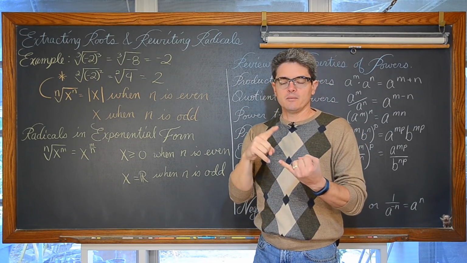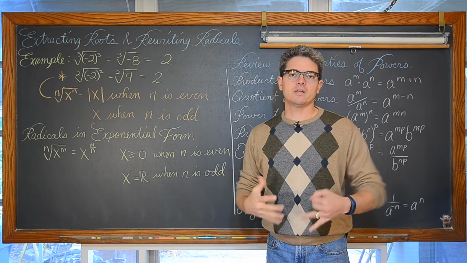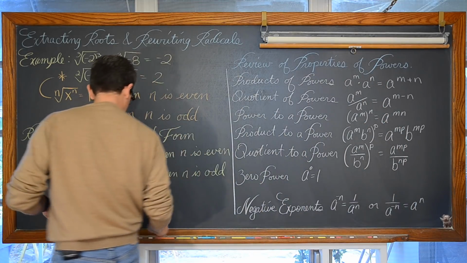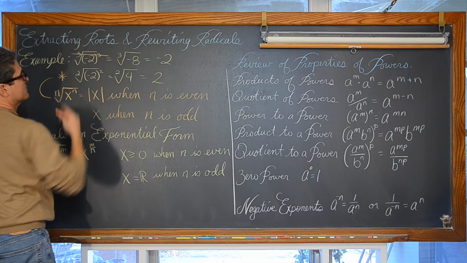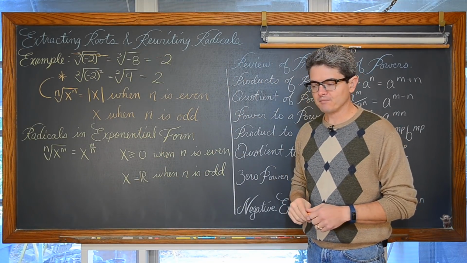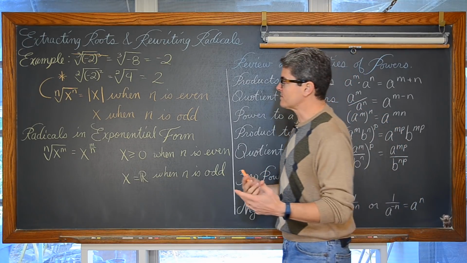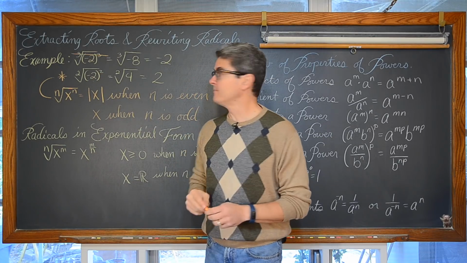And yes, exponents and roots are inverse math operations. They undo each other. So when you see this power of 3 and this index or root of 3, you can think of, well, they're just going to cancel each other out, and we're just going to be left with -2. But something curious happens when you deal with even roots. As we see here, we have -2 raised to the second power.